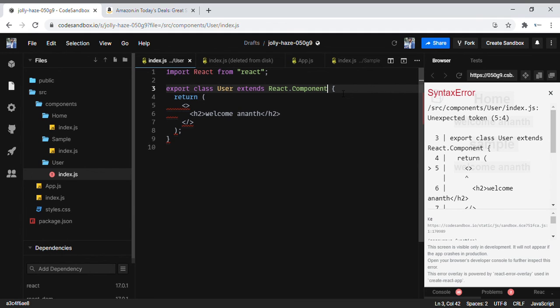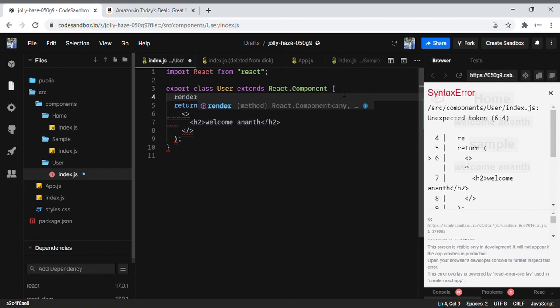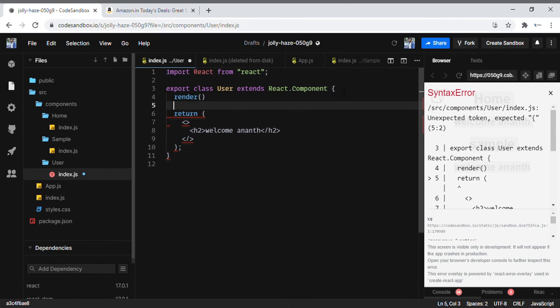In the class component you should give a render method. In the functional component you don't have to give the render method, but in the class component you have to give the render method to render the UI. Okay, let me give this render.